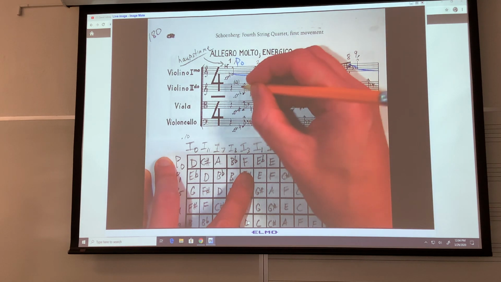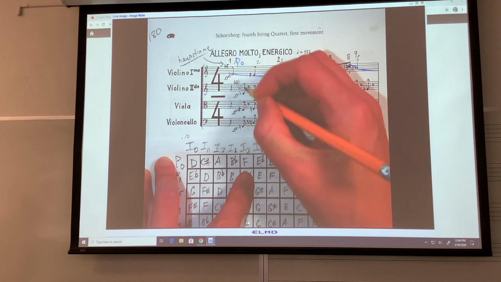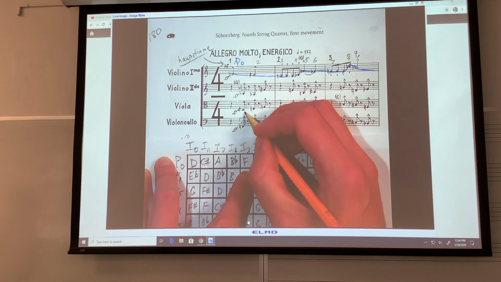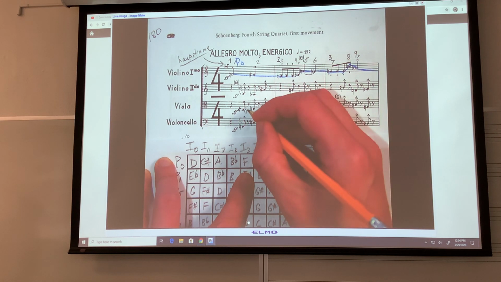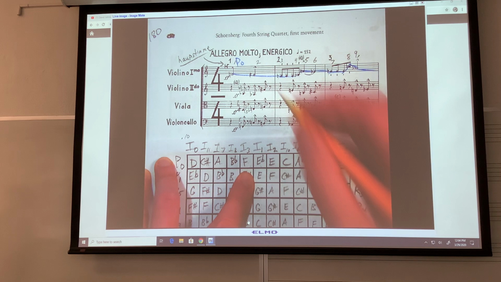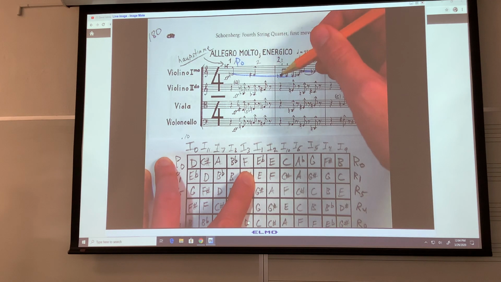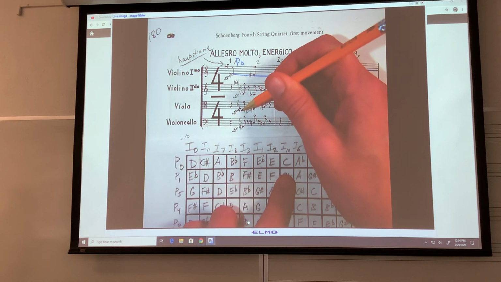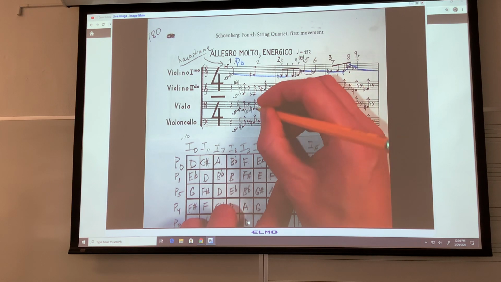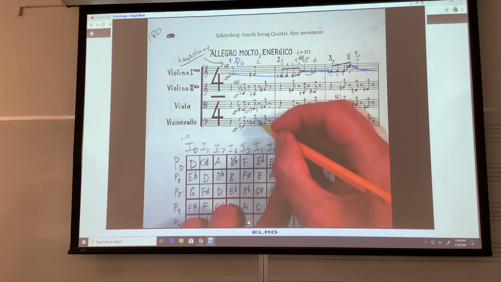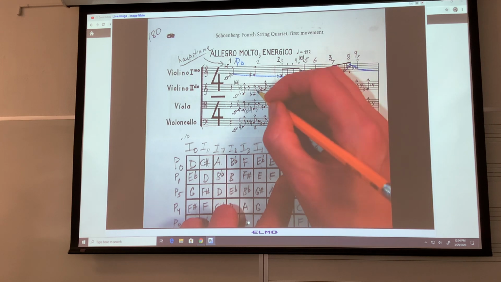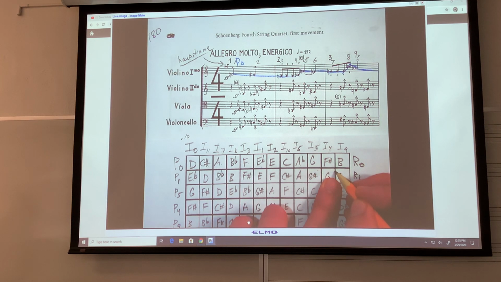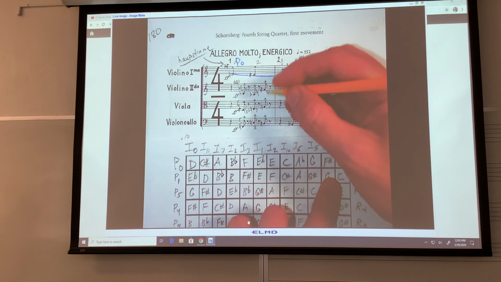Here's B flat, that's number 4. F is down here, number 5, and then E flat, but he has spelled it as D sharp, 6. 1, 2, 3, 4, 5, 6. Now the next three notes are E, C, A flat. There's E, 7, C, 8, A flat, 9, and then G, F sharp, B. There's G in the viola, 10,